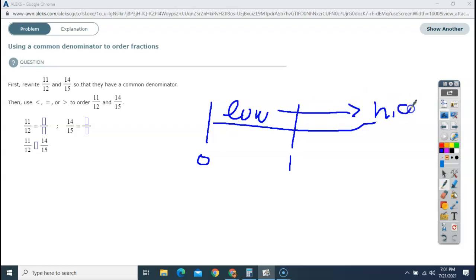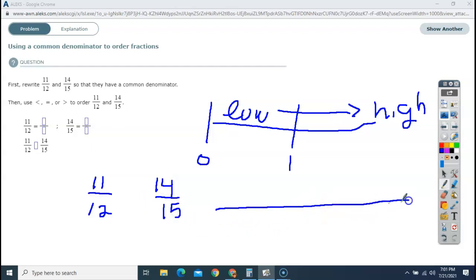Y'all know this, right? Now, the number on the bottom, when you look at 11/12 versus 14/15, what that's basically telling you is that between 0 and 1, we can break this up in 12 and it'll be close to 1, or we can break this up in 15. Now if you break it up in 12s, it's going to be a particular length, but if you break it up into 15s, it's going to be smaller. So the question is,